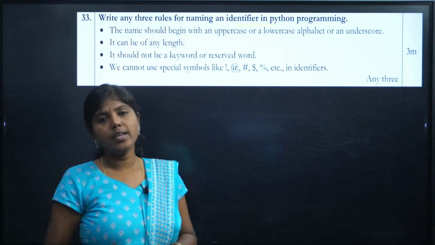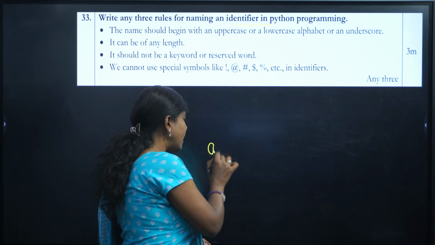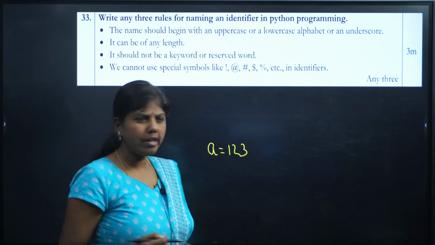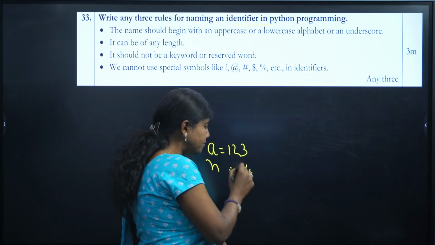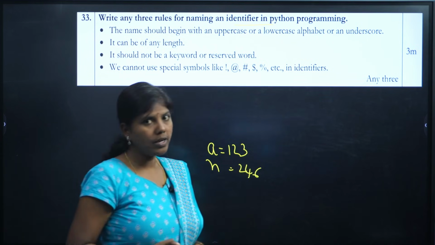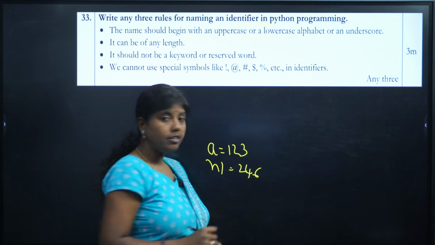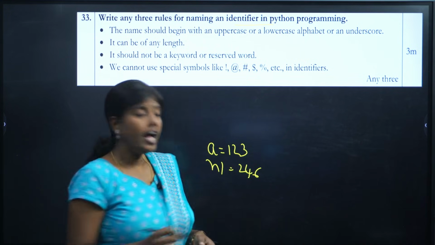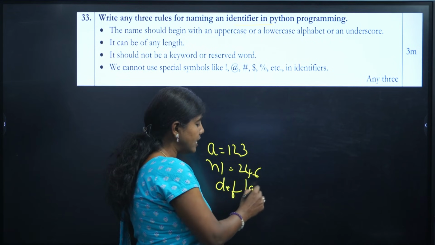What are the names we can give? For example, I gave A equal to 1, 2, 3. Ma'am, what is A? A can be anything also, no? I've taken N is equal to 2, 4, 6. It's a number. I want to take another number, that also I can take as N1 here, right? And similarly, I have a function here. I want to call a function the largest function. I will take it as largest.